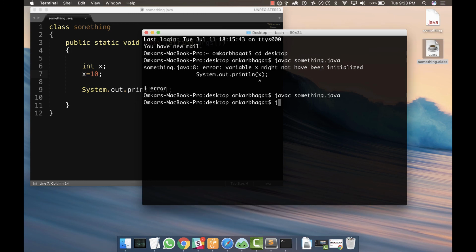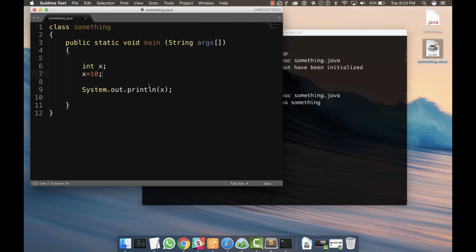So I can simply use java space something as the command to run the program, enter, and you can see 10 is printed on the screen. So that is how you can print variables in a Java program. And I'm only talking about integer variables in this tutorial. We will go into different kinds of variables in the future tutorials, but for now we will just focus on